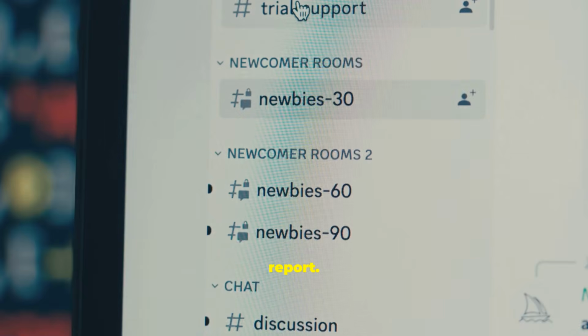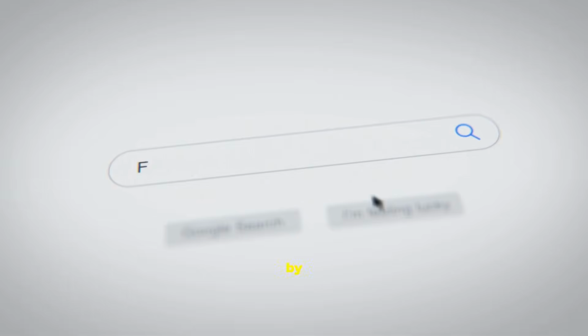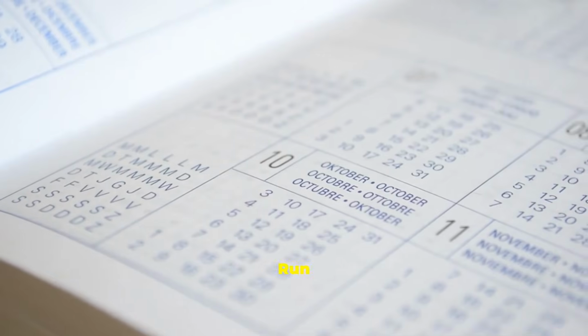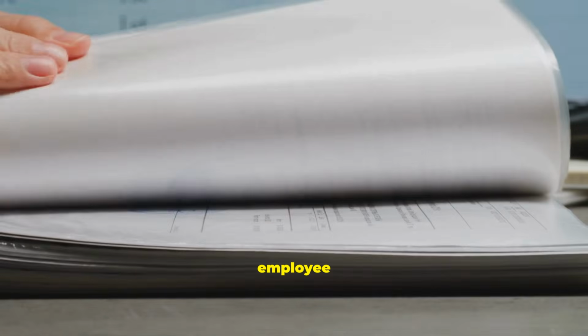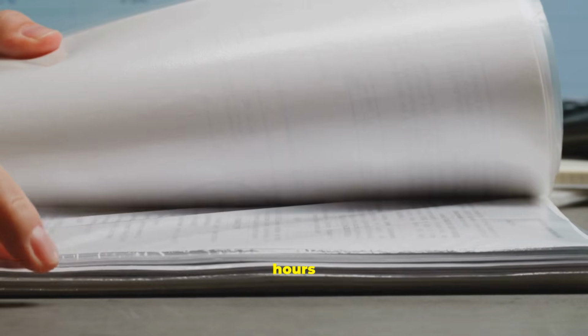Accessing the report. In QuickBooks Online, go to Reports. Search time activities by customer detail, click it. Set your date range and filters. Run report, that's it. Report layout: customer name, employee or vendor, date of activity, service or description, hours worked, and